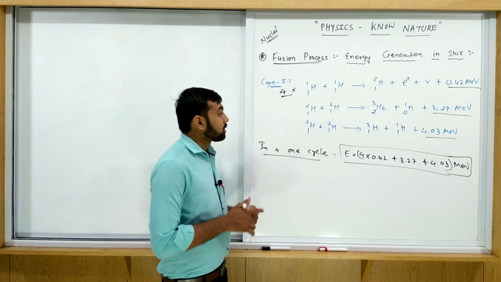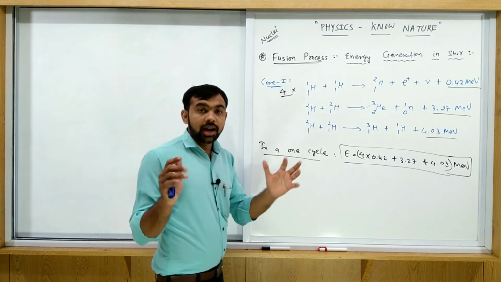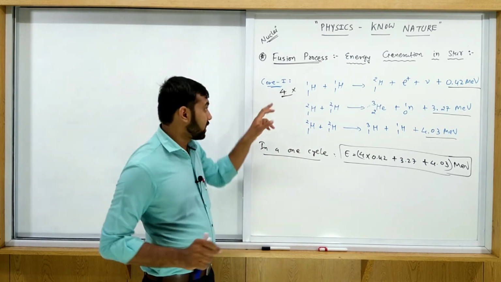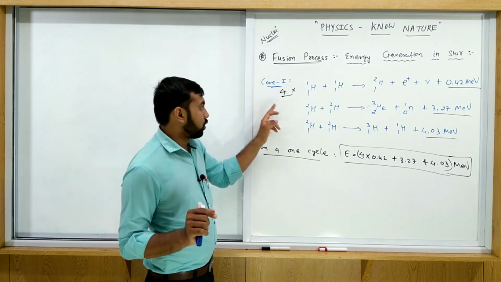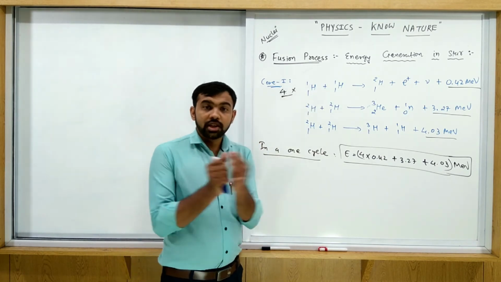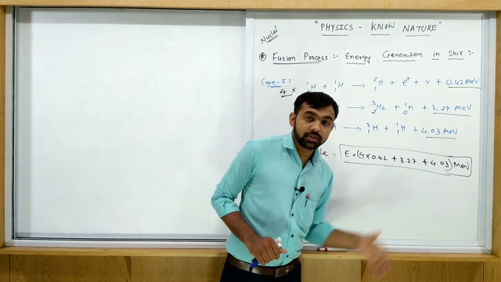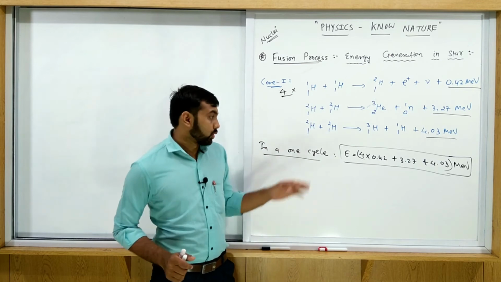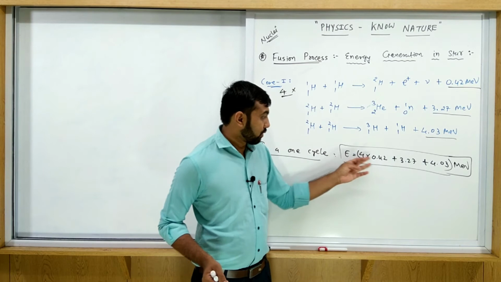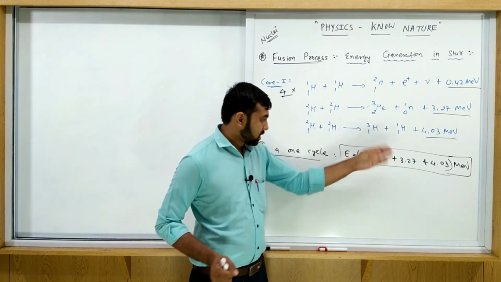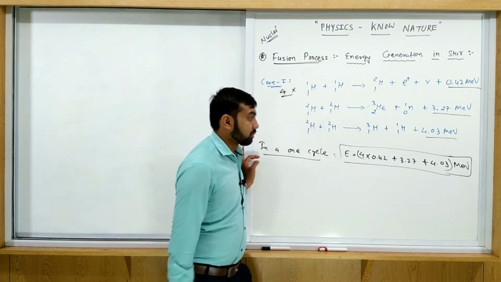That means 4 into 2, total 8 hydrogen are recombined with each other. Total how many hydrogen? 4 times the process and 2 hydrogen each, so 4 into 2, total 8 hydrogen recombined to each other, and this much energy will be released in a fusion process. So see, that is quite high. 4 plus 3 is approximately 7, and 4 into 0.42 is 1.6. So a large amount of energy will be released during a fusion process.